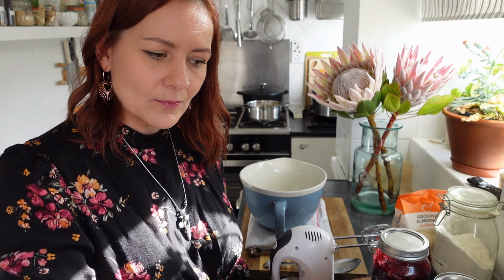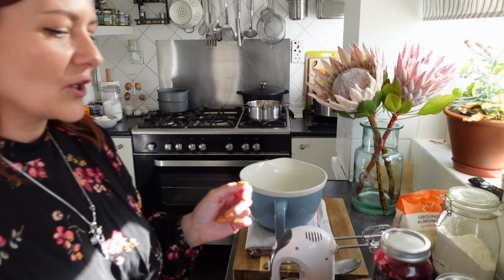Right, now I thought we'd do some baking. We haven't baked for a while, so this is going to be my take on the Costa's raspberry and almond slice, which is going to cost you a lot less than what they charge. What is it, £3.50? Yeah, they're about £4 for a slice of cake. Anyway, so the ingredients that you're going to need are